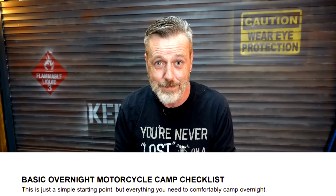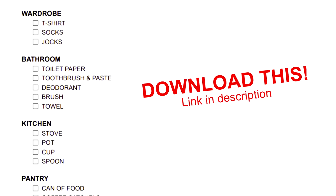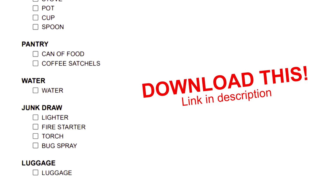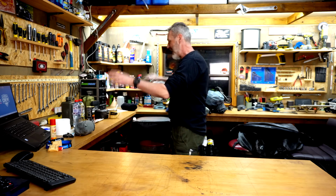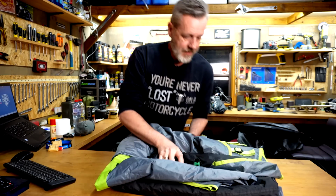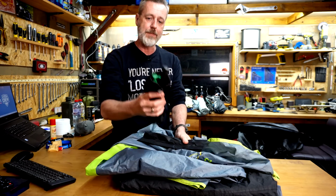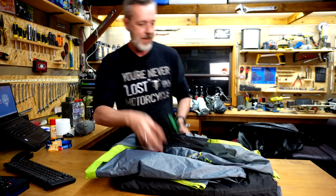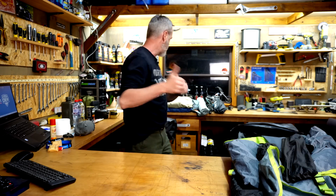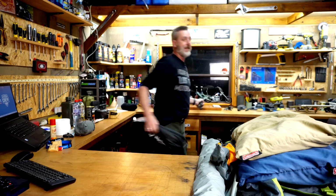Righto, enough of this. Let me show you what all this that we've discussed looks like in reality. So I've grabbed out everything and they're all in their different categories. So the first thing that we did was the house. So our tent, there's an inner tent, a fly, there's poles, there is pegs in there and a little hammer. Boom, tent is done. Our pillow, I've got 2 pillows, but I've got a pillow, a sleeping mat and a